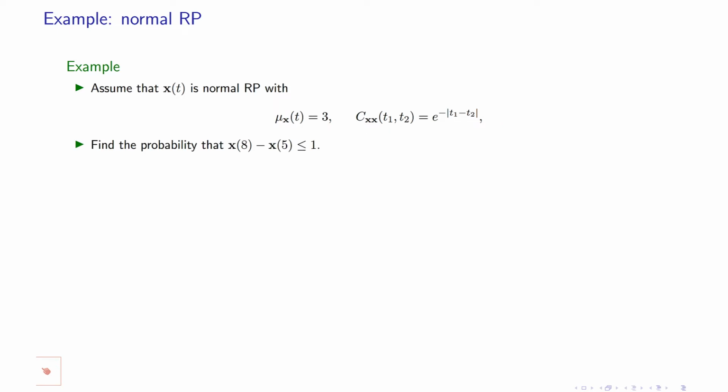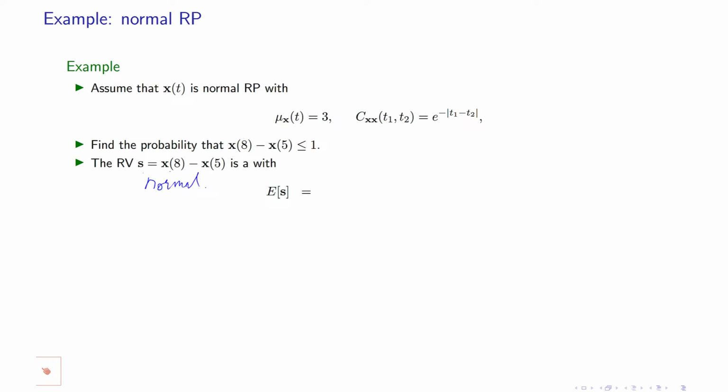So in this example, we want you to calculate the probability of this event. That would be easy to calculate, because using these two, I can find the distribution of this guy and then calculate the probability, or we can ask other stuff. So the random variable s equals x of 8 minus x of 5. Because they are jointly normal, their subtraction, which is a linear combination, also should be normal. So this is a normal random variable